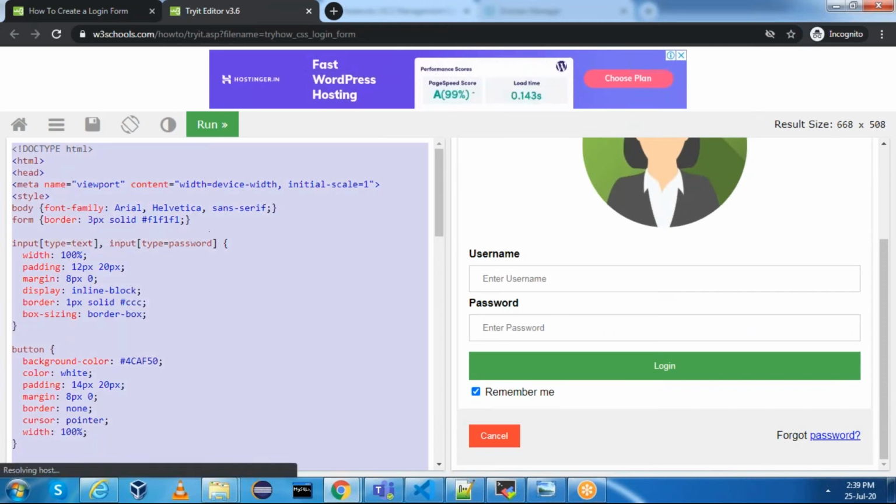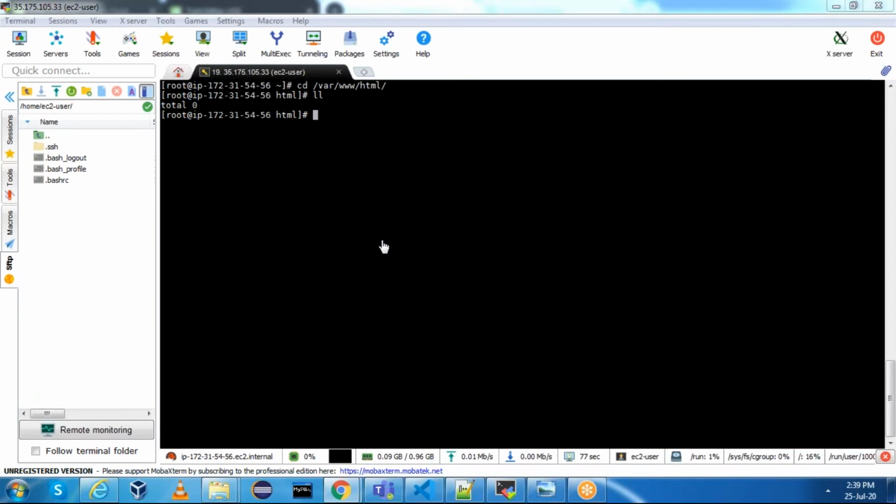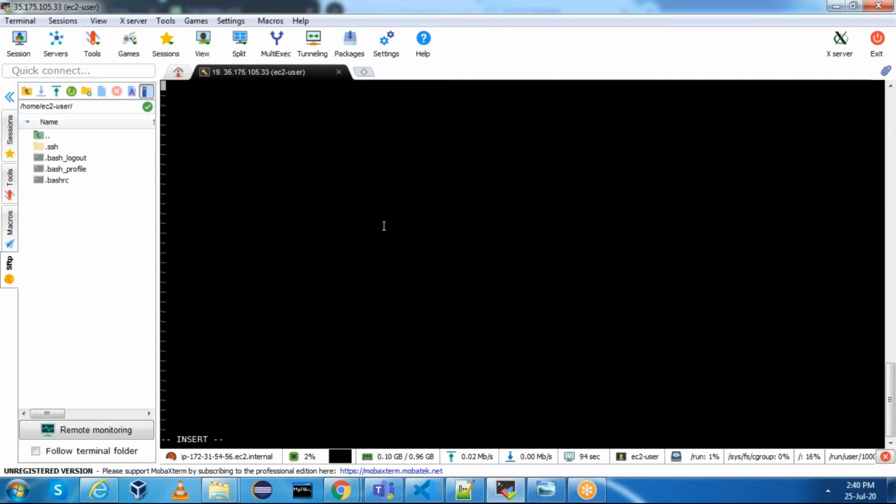Copy left side content. Go to this path. This is the path /var/www/html. This is the document root. Here create a file called index.html and paste this content.